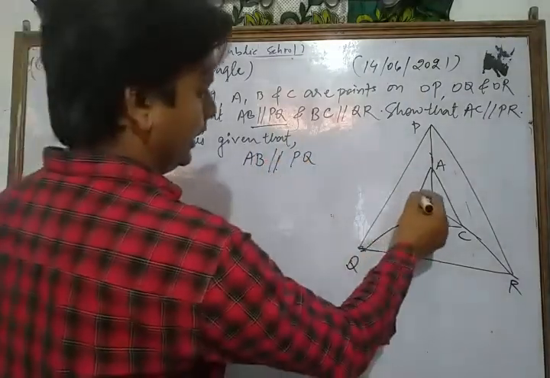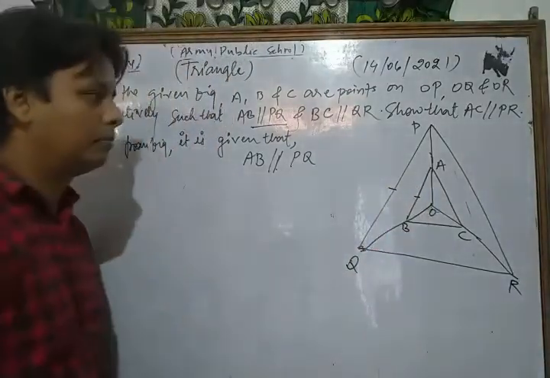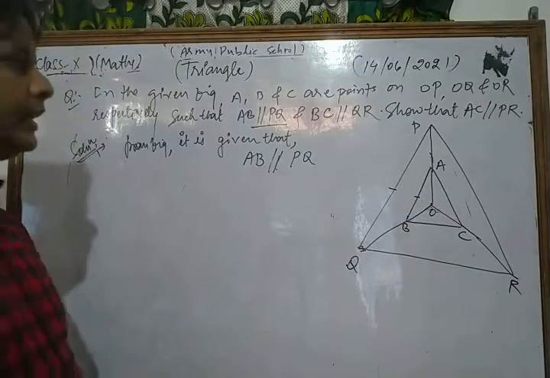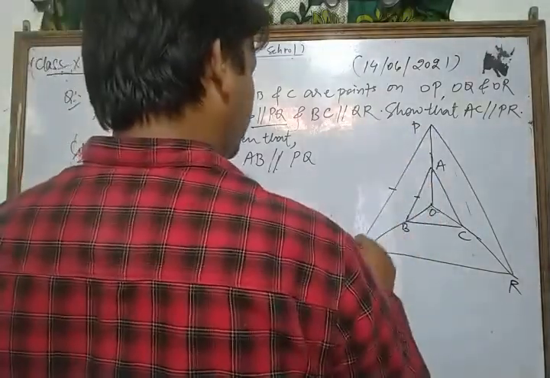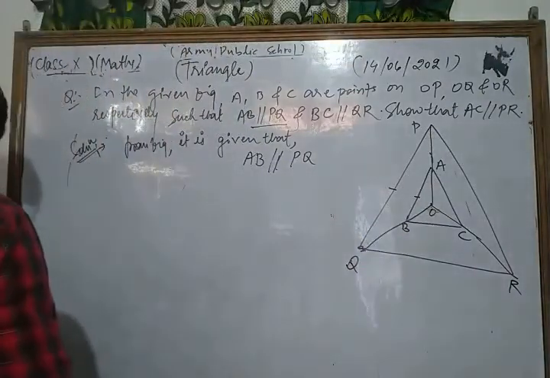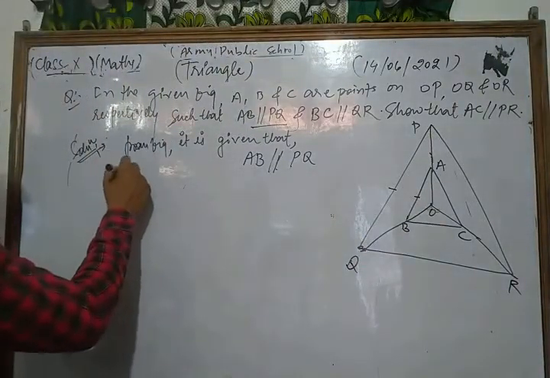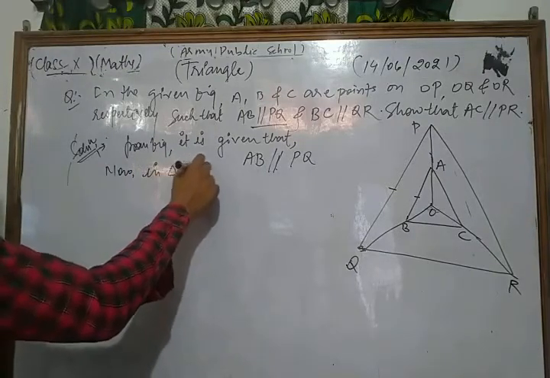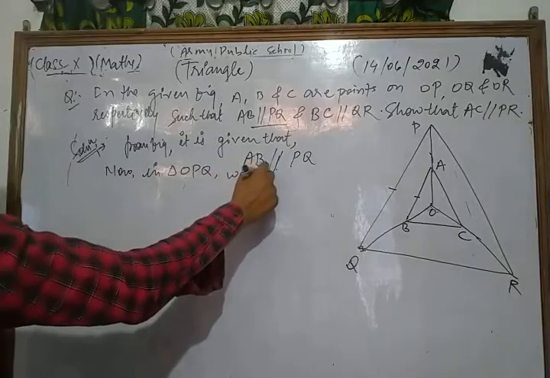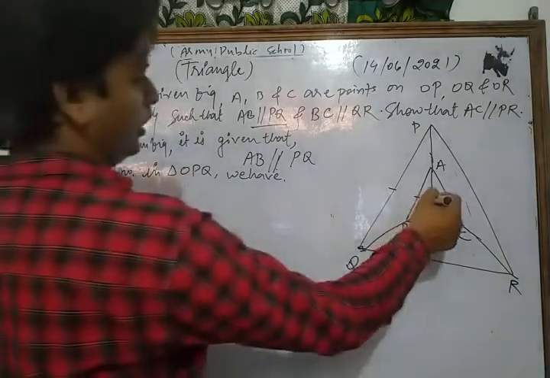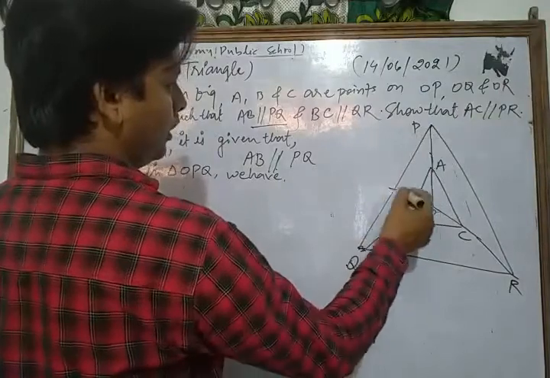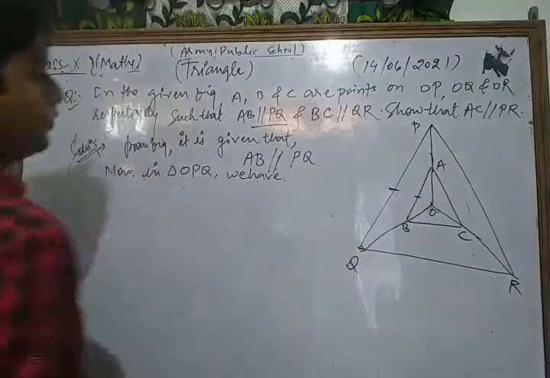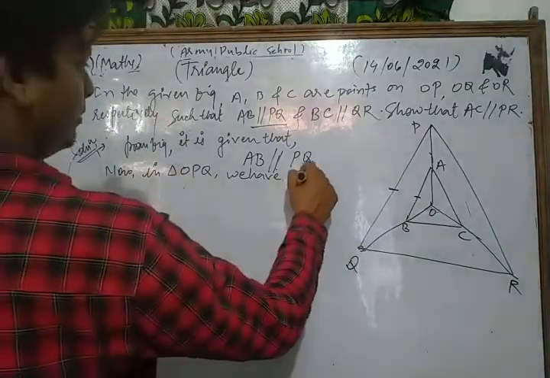So now we take triangle OPQ. Now in triangle OPQ we have AB parallel to PQ. Then by Thales theorem,